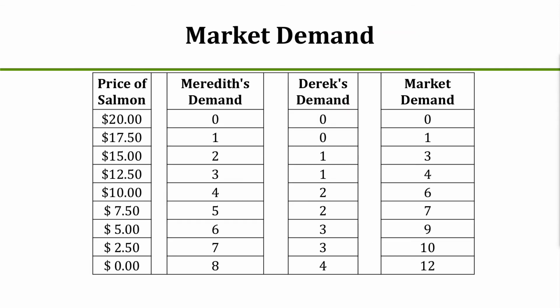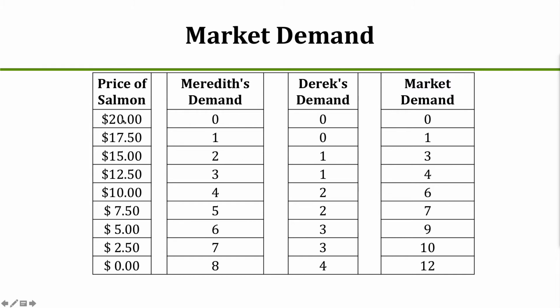How do you find the market demand? In this simplistic example, we have only 2 consumers. The first one is Meredith. You already know the demand schedule of Meredith. Now we add the demand schedule of Direk, and he has, on the third column, the quantity demanded here. So what we need to do is sum the quantity demanded